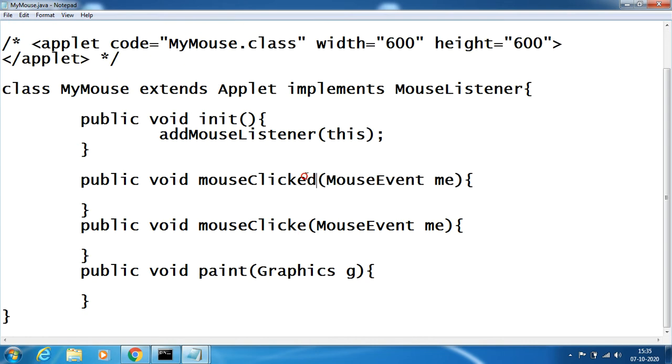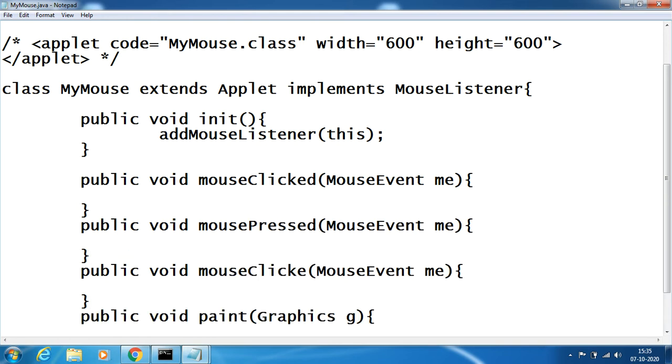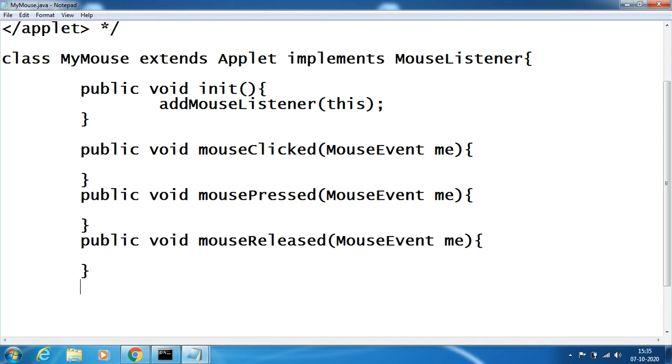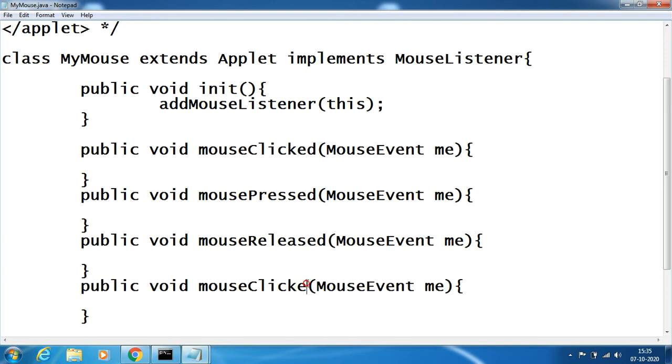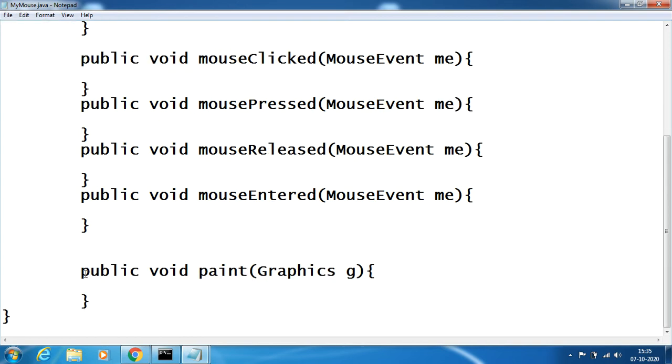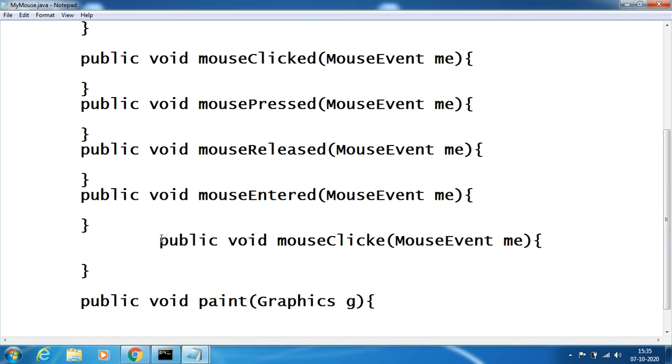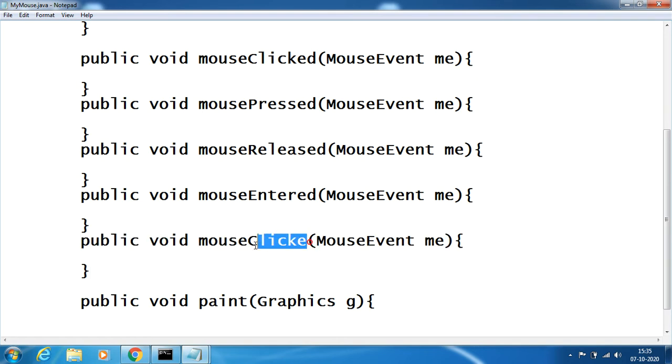So mouse clicked, this is mouse pressed, next thing is mouse released, next thing is mouse entered, and last thing is mouse exited.